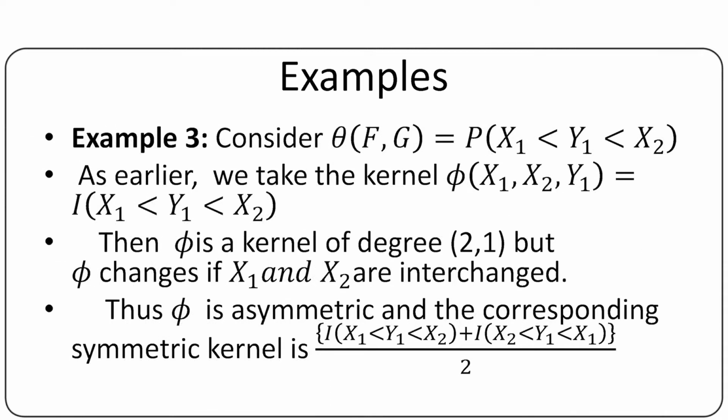Now sigma squared 0,1 is the covariance between phi(X1, Y1) and phi(X1', Y1), where X1 and X1' are IID copies from F. The covariance of Y1 minus X1 and Y1 minus X1'; since X1 and X1' are uncorrelated, we get the variance of Y1. Similarly, sigma squared 1,0 is the variance of X1. Then the variance of U, the difference Y bar minus X bar, is the variance of X1 divided by small n plus the variance of Y1 divided by small m. In example 2, the probability that X1 is less than Y1.